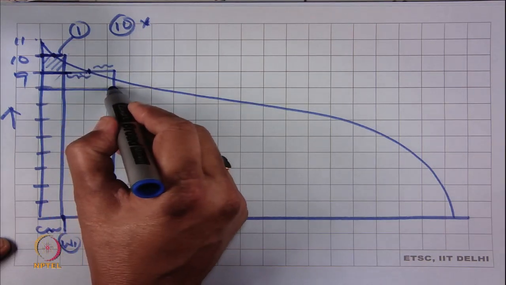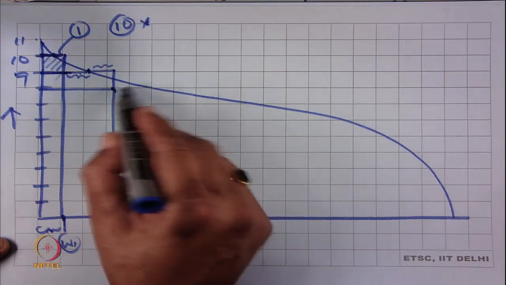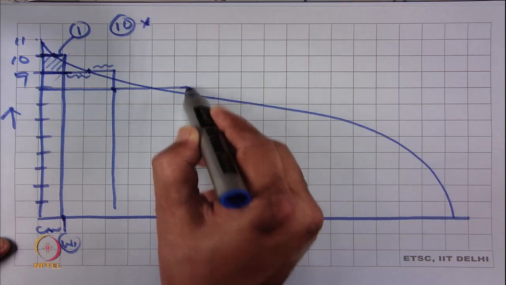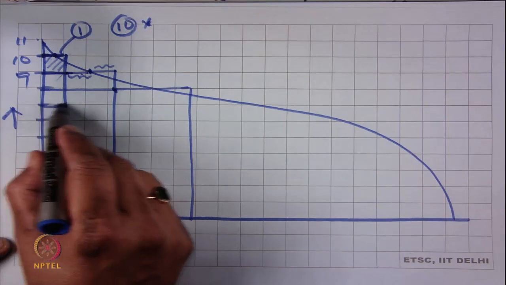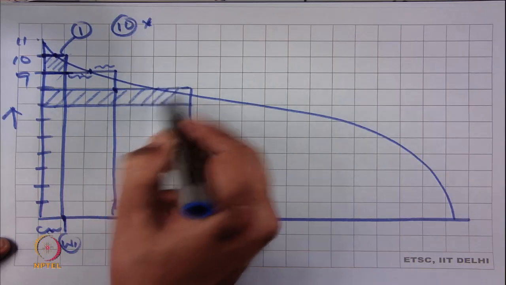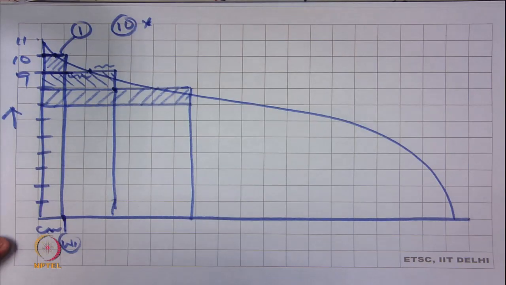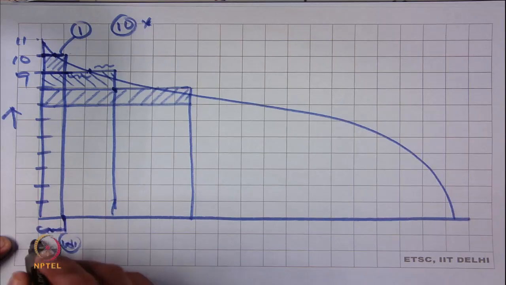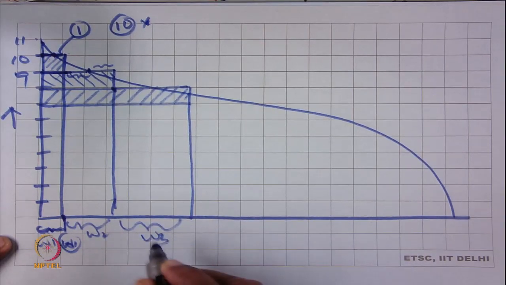Now, this is another rectangle, and from this point again we are drawing another rectangle here. We are extending it up to the same point, and this is the point. So, we are getting another rectangle here. This is the second one. In this way we will go. So, first, if we know this is W 1, this distance W 2, this distance W 3, in this way if we know.